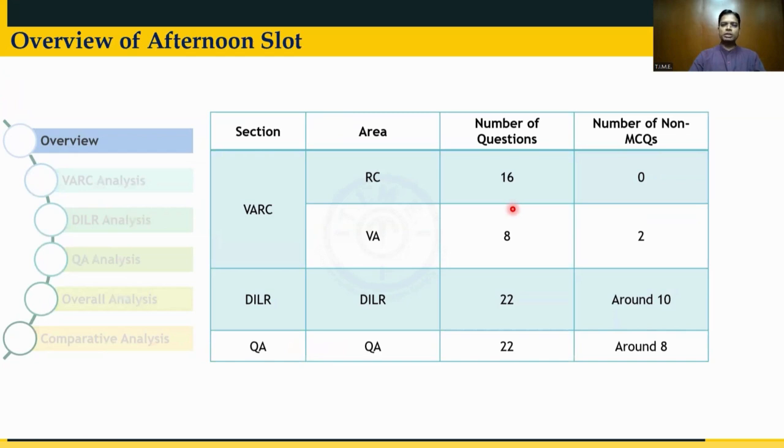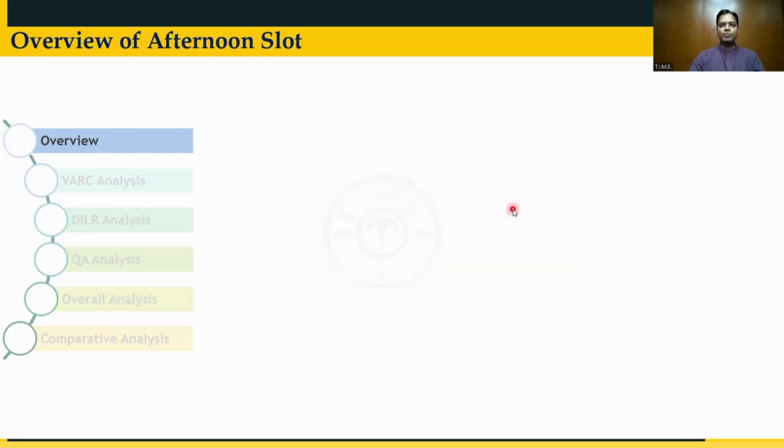So the change here, as many of you might have heard or already have experienced and written the exam, is that there were 2 more questions in DLR than the usual pattern, than what was being followed for over 3 years. The CAT has changed slightly, and we will look at what the implications of this change were. So here we have the overview of what transpired.